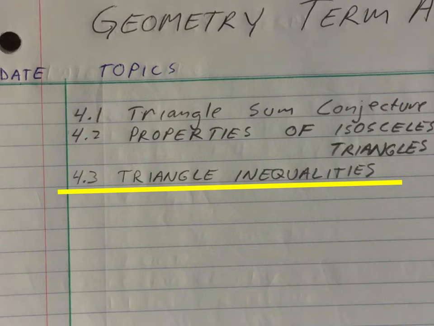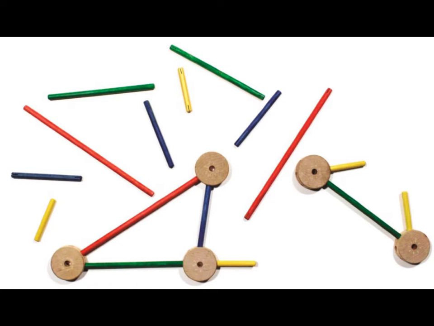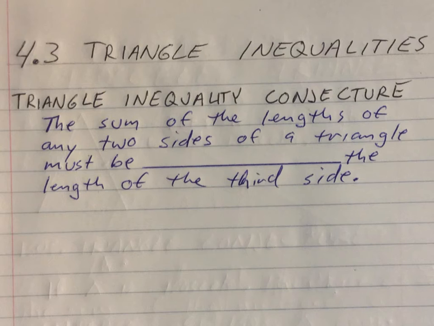Section 4.3 is called the triangle inequalities. So why is it that the bottom middle can form a triangle, but off to the far right we can't make a triangle with the green and two yellows? Well, the yellows are too short, right? They'll never meet to build a triangle. And so that brings us to the triangle inequality conjecture, which states the sum of the